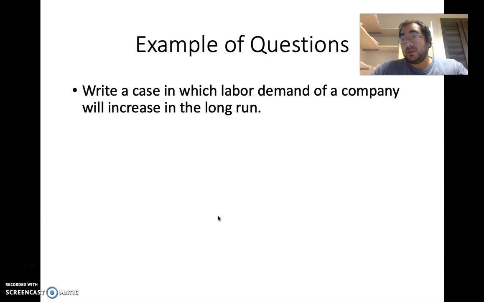For example, if the machinery becomes cheaper and it creates a sufficient increase in the production level, this might offset the substitution of machinery for labor. In that case, demand for labor might increase. Again, the scale effect dominates the substitution effect, and that's why it created an increase in this case. When wages decrease, that's the obvious answer.